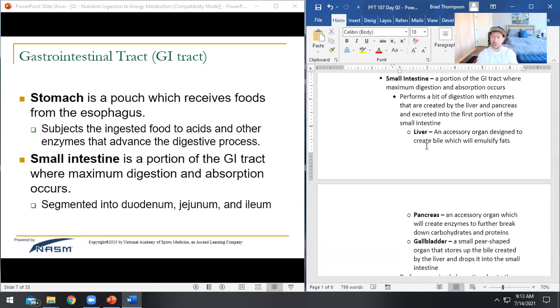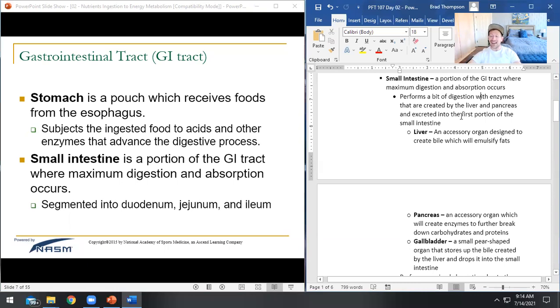Carbohydrates got broken down a little bit by your saliva and then a little bit further in your stomach. But any of those carbohydrates that survived and didn't get fully broken down, or any of the fats that didn't get broken down, are going to finally be busted up into their individual components once they get to your small intestine. Because your pancreas is creating little enzymes that are helping break down any carbohydrates that survived,